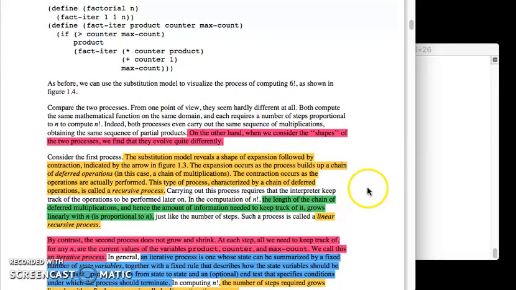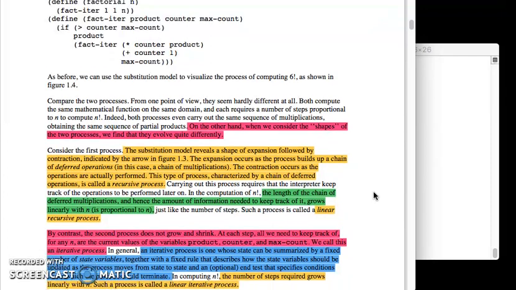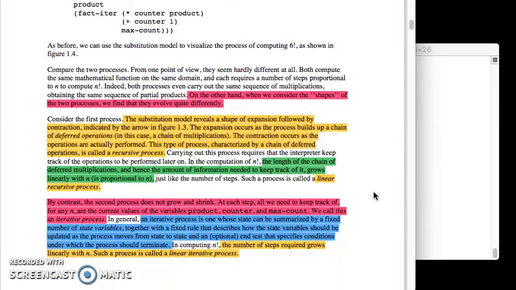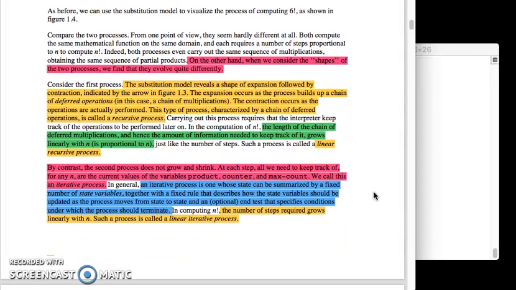As before, we can use the substitution model to visualize the process of computing 6 factorial as shown in figure 1.4. Compare the two processes. From one point of view, they seem hardly different at all. Both compute the same mathematical function on the same domain, and each requires a number of steps proportional to n to compute n factorial. Indeed, both processes even carry out the same sequence of multiplications, obtaining the same sequence of